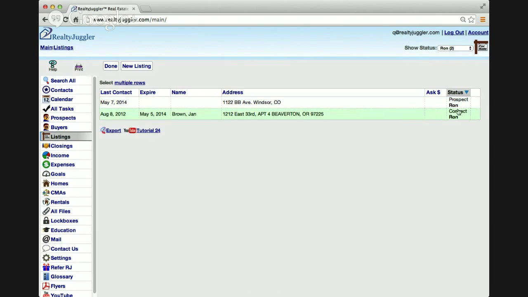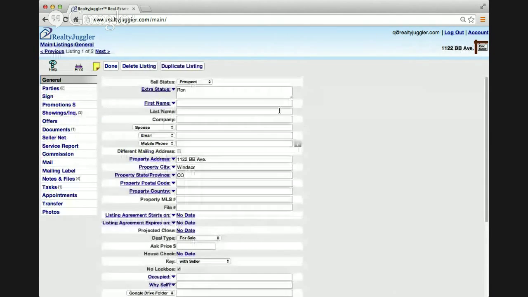But you can also see that I've got the word or name Ron in here. So if I click into this record, you can see that there's a field called Extra Status. Extra Status for buyer records, listing records, and closing records are really kind of the same thing as categories. So for example, if I wanted to have a way of organizing a large number of closing records, or listing records in this case, I could go ahead and add an extra status. Now here, there's a little short list. You can type one in, but really the way to do it is to go ahead and pick one off